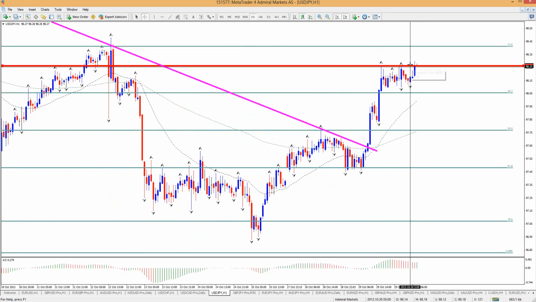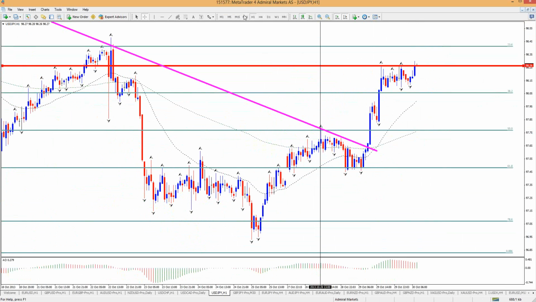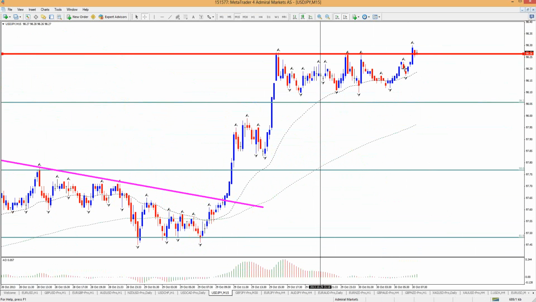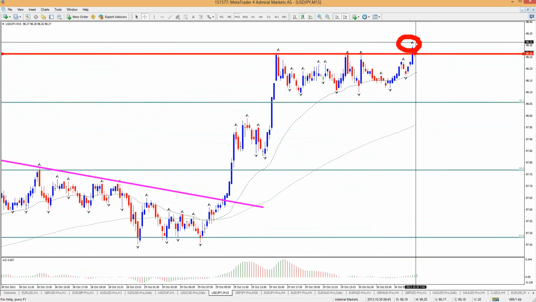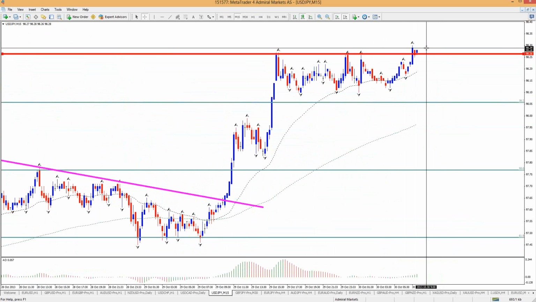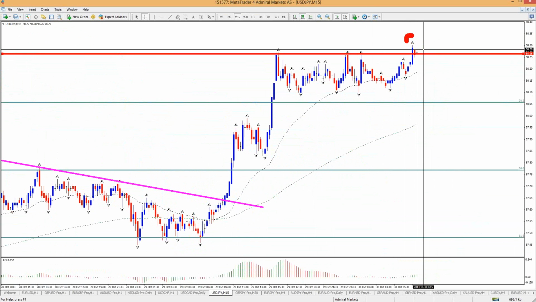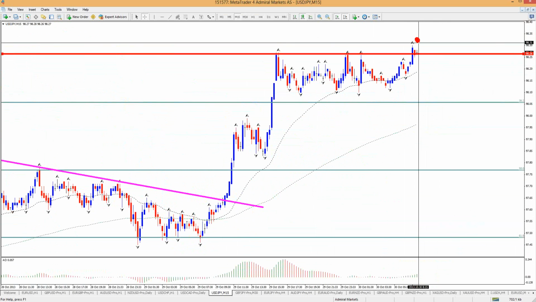One-hour chart. Yeah. What I would like to see is a 15-minute fractal, preferably. So I will check 15 minutes from now at 8:15. I might get my preference, but I'm not sure if we'll get it. That's where I'm hesitating a bit. I would prefer to have a fractal here, and then take the next break of that fractal with the stop loss below here, for example, and aim for